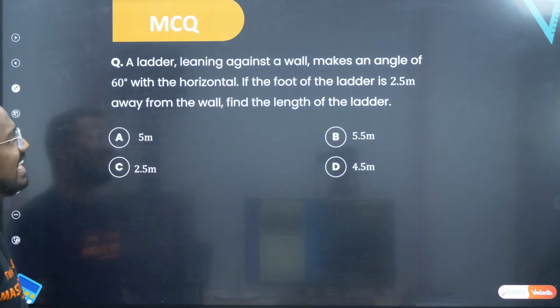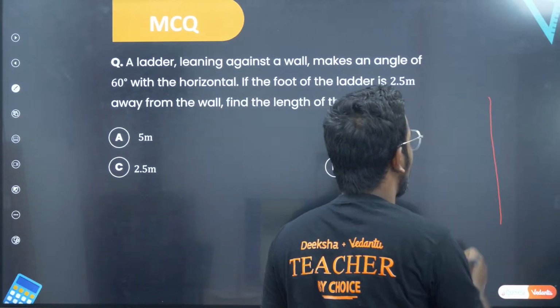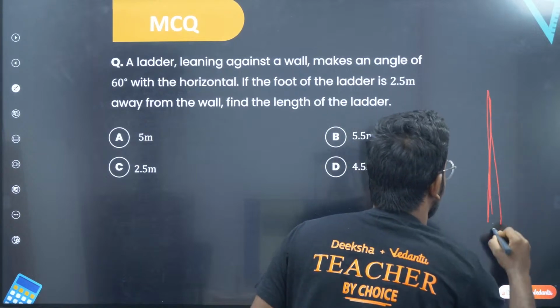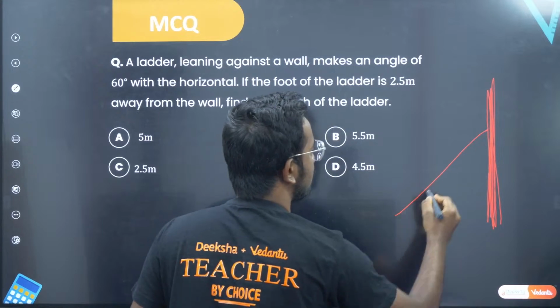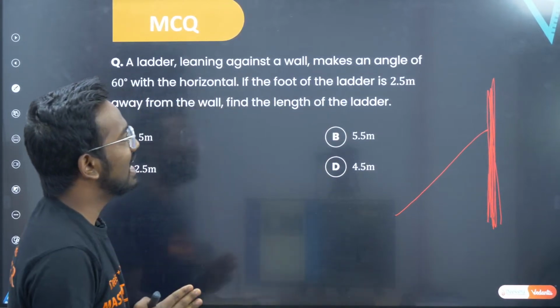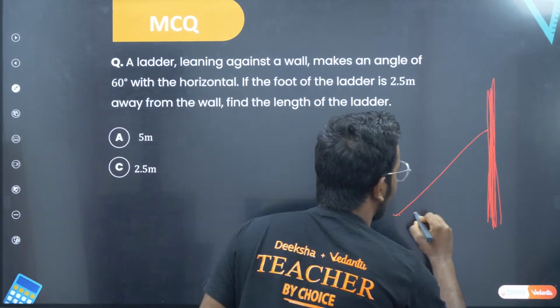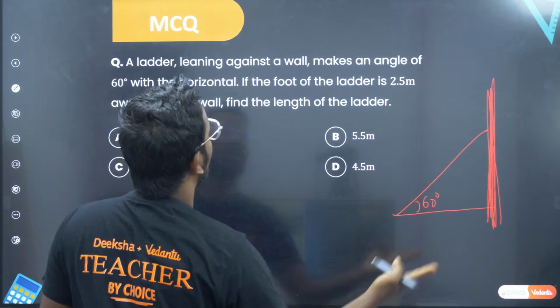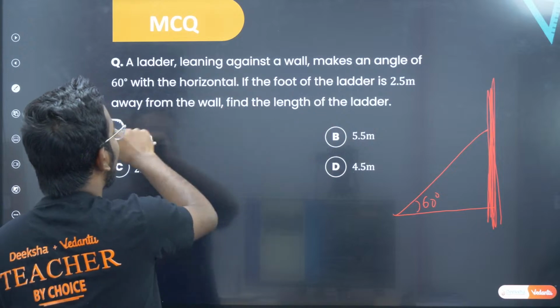A ladder leaning against a wall. So there is a ladder leaning against a wall. Let this be the wall, and there is a ladder, something like this, leaning against it. It makes an angle of 60 degree with the horizontal. If the foot of the ladder is 2.5 meter away from the wall,